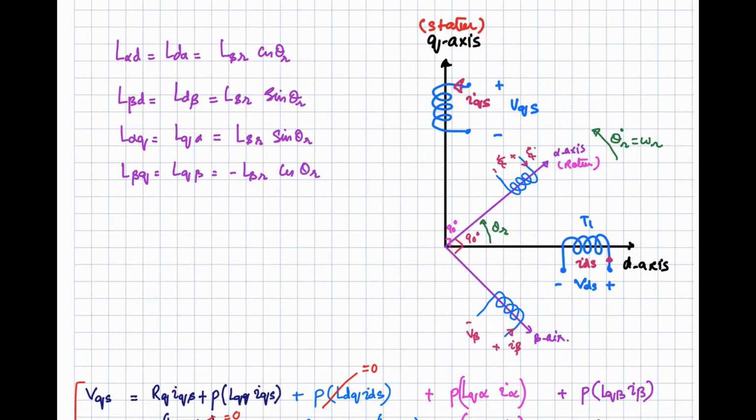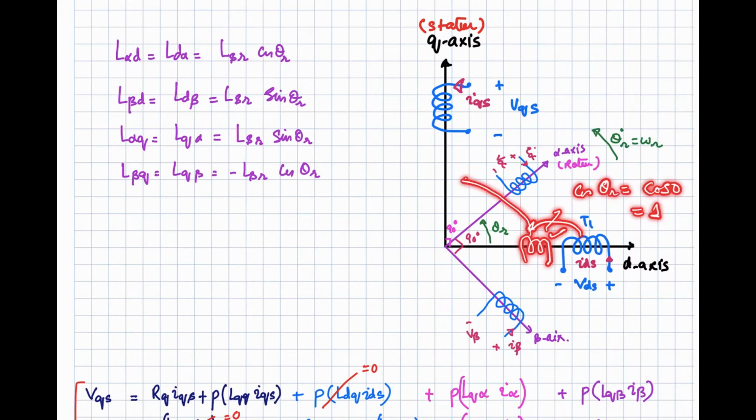So basically it is going to follow the cosine function. If you remember, we made an assumption that the inductance versus rotor position, because the rotor is changing position, will vary sinusoidally. So when the alpha axis winding is over here, you have the maximum. So cos of theta r, when theta r is 0, cos of 0 is 1. We have the maximum linkage of this winding with this one, so maximum inductance.